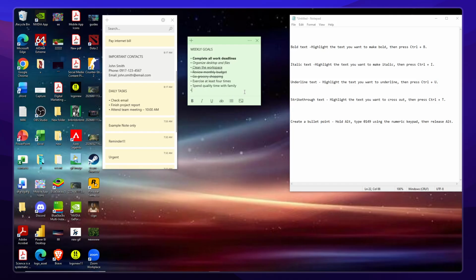And there you have it. You've just learned how to format text in sticky notes using simple keyboard shortcuts that will help you organize and emphasize your information more